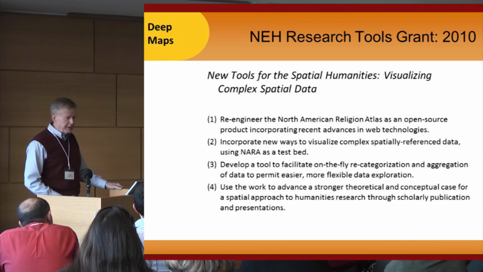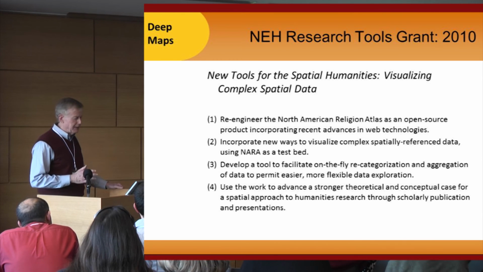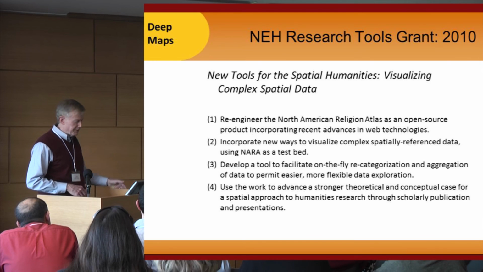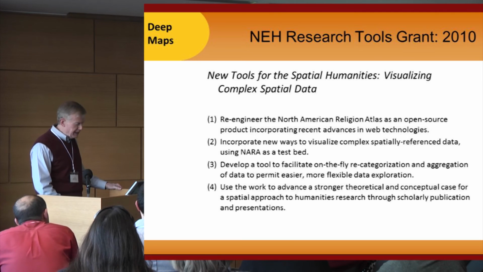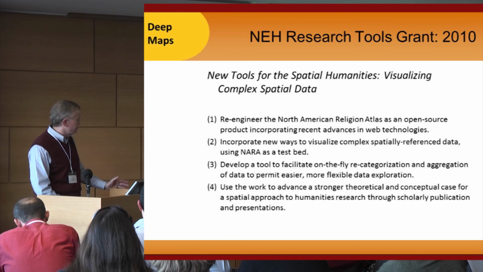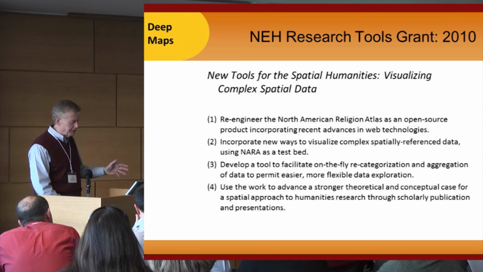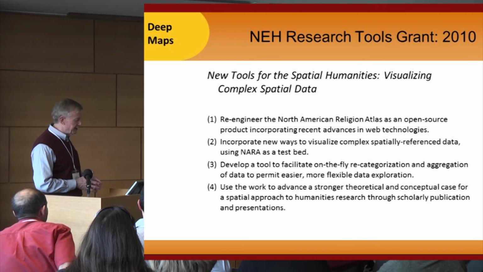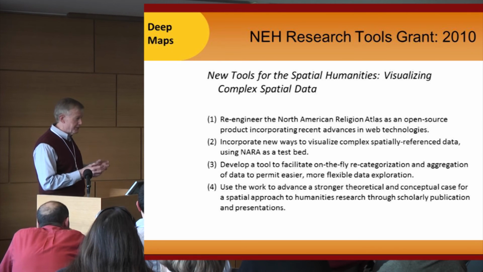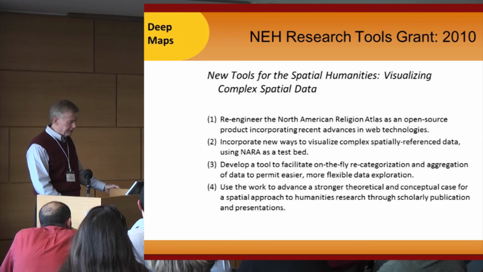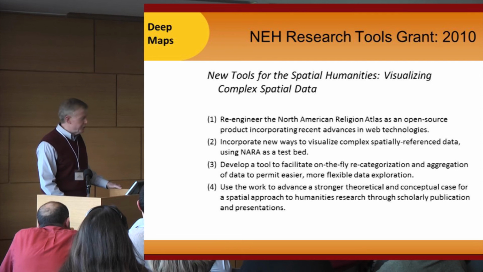And we received a grant from the National Endowment for the Humanities, a research grant to allow us to do that. We call the project New Tools for the Spatial Humanities, Visualizing Complex Spatial Data. And you can see some of our aims here in this project. It was to re-engineer this North American Religion Atlas and to incorporate new ways of visualizing this, to develop a tool to facilitate on-the-fly recategorization and aggregation of data, especially about these various religious groupings that people wanted to map, and then to build a stronger theoretical and conceptual case for a spatial approach to the